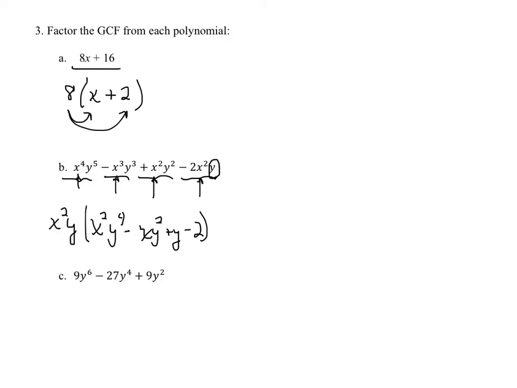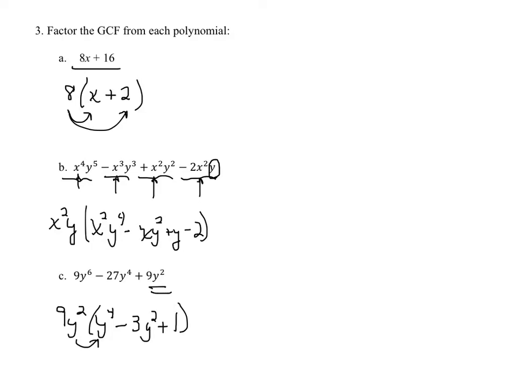Let's. And we're going to pull a common factor 9 out, because 9 goes into 9 and 27. And this guy can only cough up 2 y's, so y to the second. So now I'm going to figure out what's left. Well, I pulled the 9 out. I have 4 y's, y to the 4th, because y squared times y to the 4th is y to the 6th. And I have 3, because 9 times -3 is -27, y squared, plus, well, I pulled out the